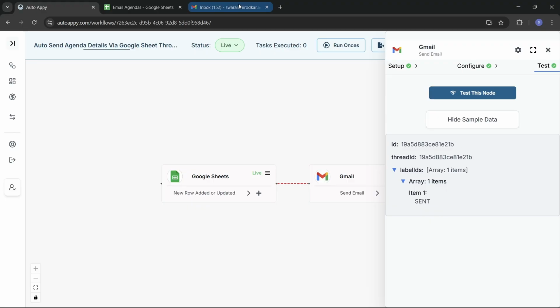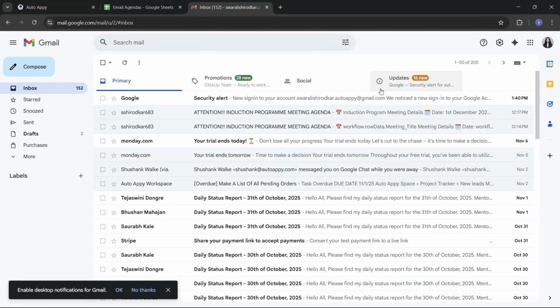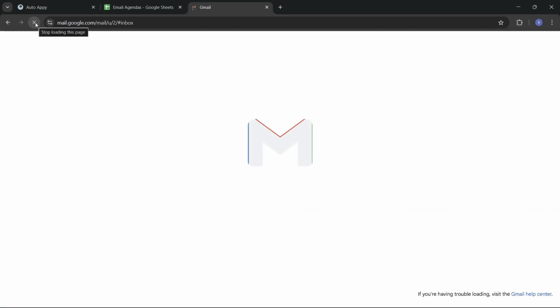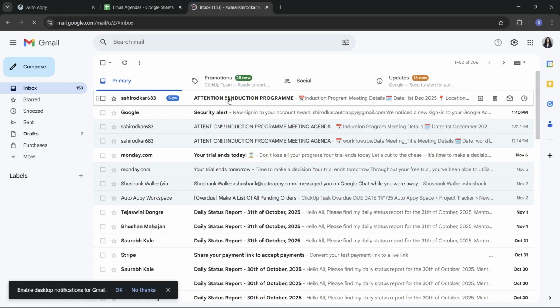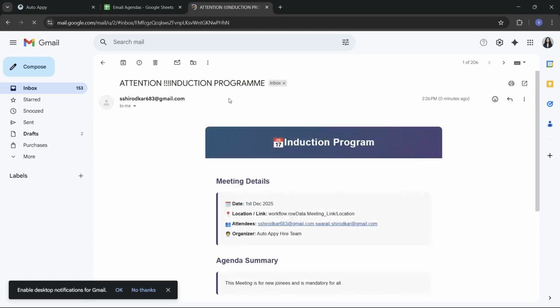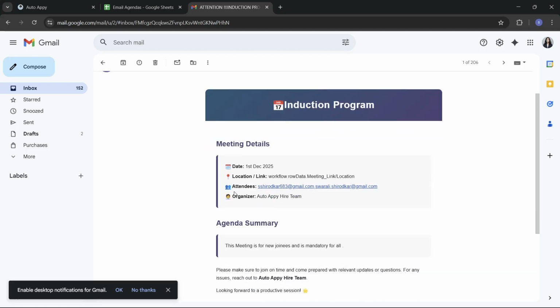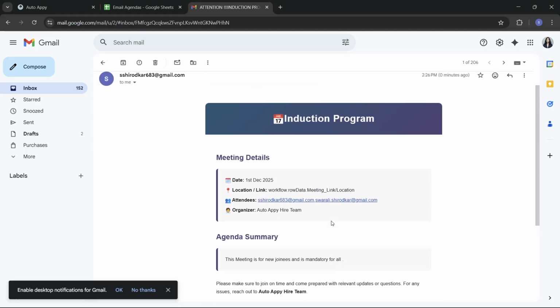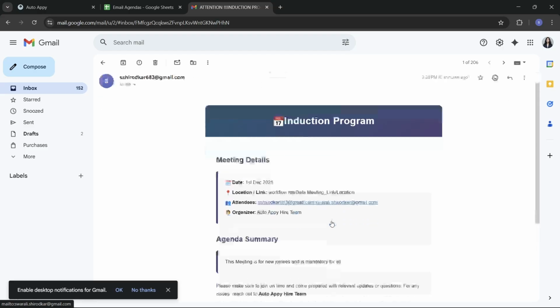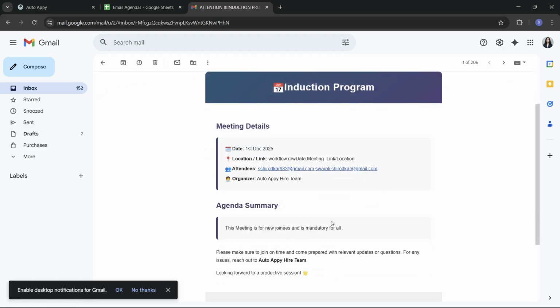So let's go to our inbox and refresh it. So here you can see that we already have received an email from the email ID which I had sent it from, with the attendees email ID and in this kind of a beautiful template. So hope you understood how this automation has been created,